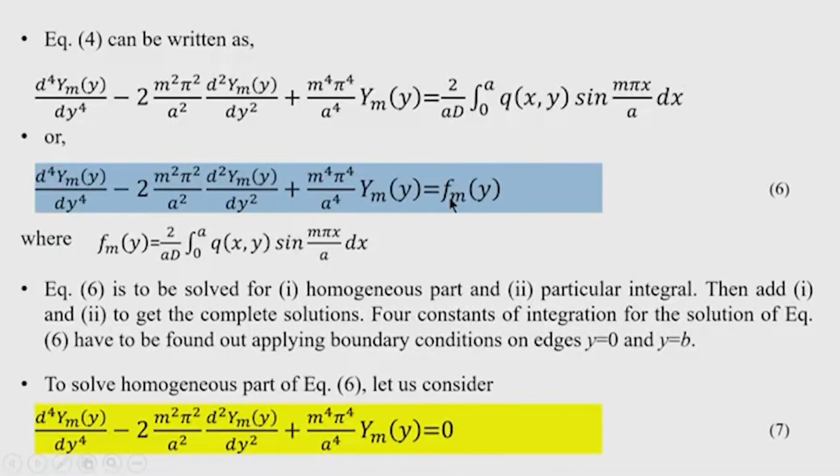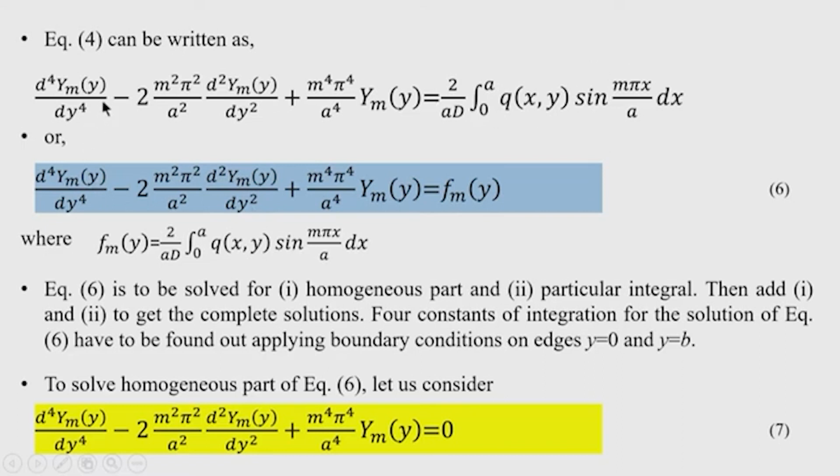So, here you can see that the right hand side now becomes a function of y, because the integration is carried out with respect to x. Clear? So, integration is carried out with respect to x, and it is a definite integral. So, the x variable will be replaced by the constant term which is a, the limit of the integration. Therefore, there will be no x variable in the integration result, and it will be simply a function of